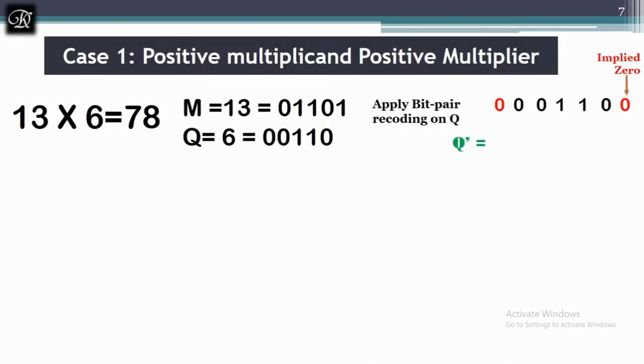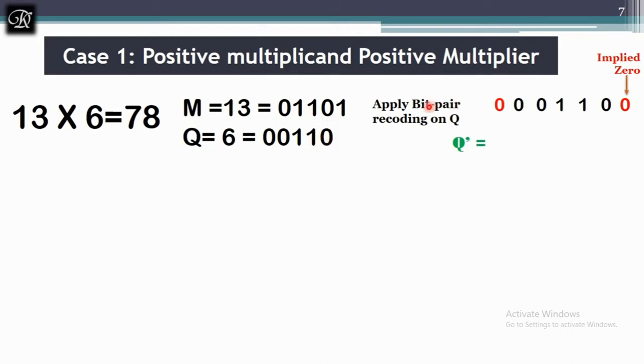As like Booth multiplication, here also we will see all 4 cases for the same example. First I will go with positive multiplicand and positive multiplier. When it comes to positive multiplicand and positive multiplier, both are positive, so there is no need to go for a 2's complement of the number. Write it as it is, as like the Booth algorithm.